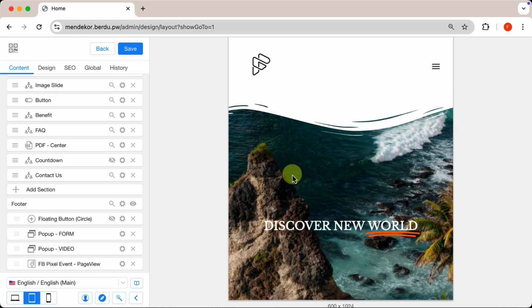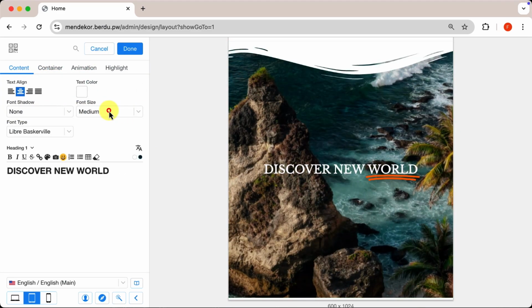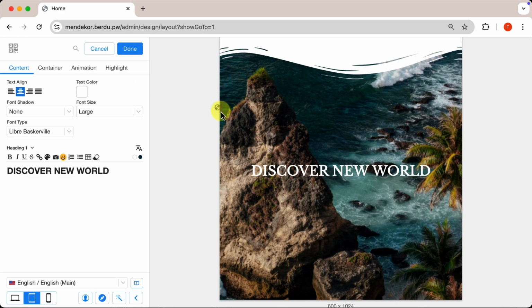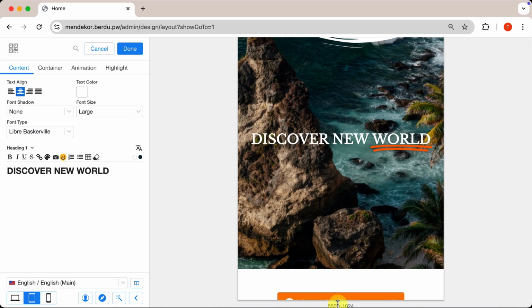While you're in this view, you can make adjustments. For example, if a text element looks too large or too small, you can tweak it accordingly. You can also adjust the width of the preview by clicking and dragging the edge of the frame. You'll see a number showing the current screen width or resolution. This lets you experiment with different screen sizes and optimize accordingly.